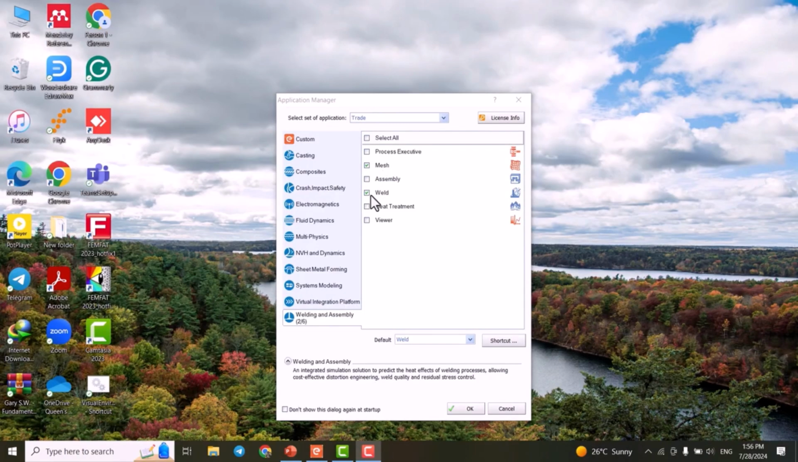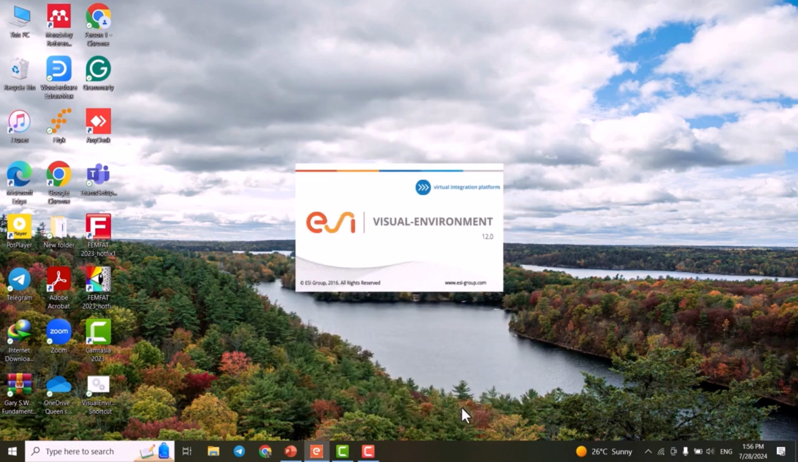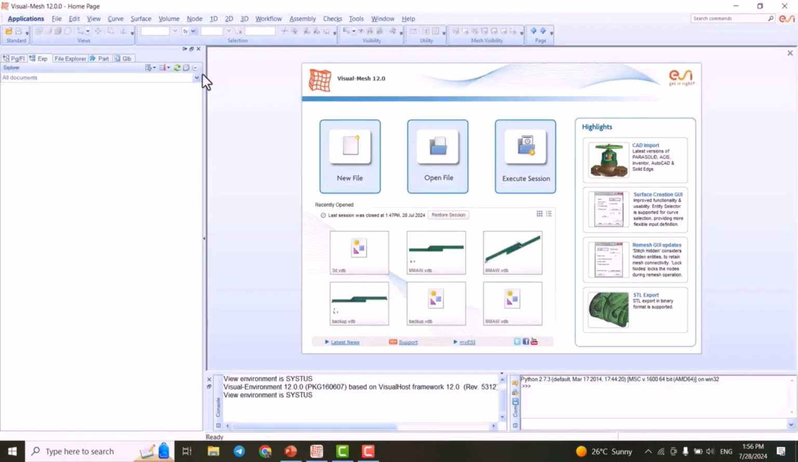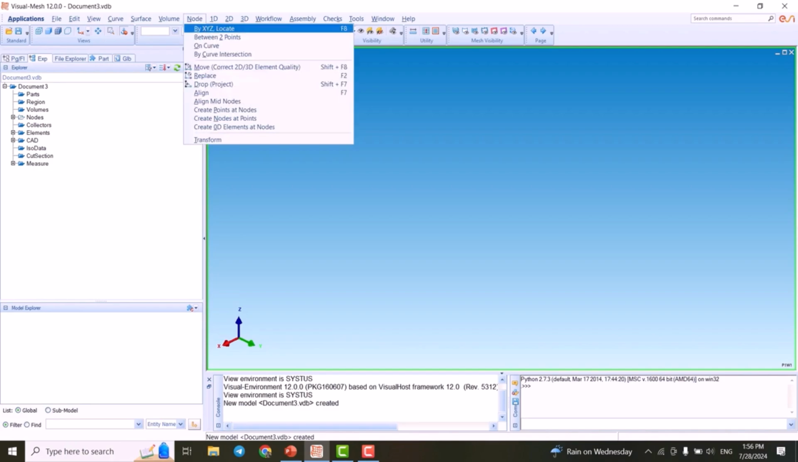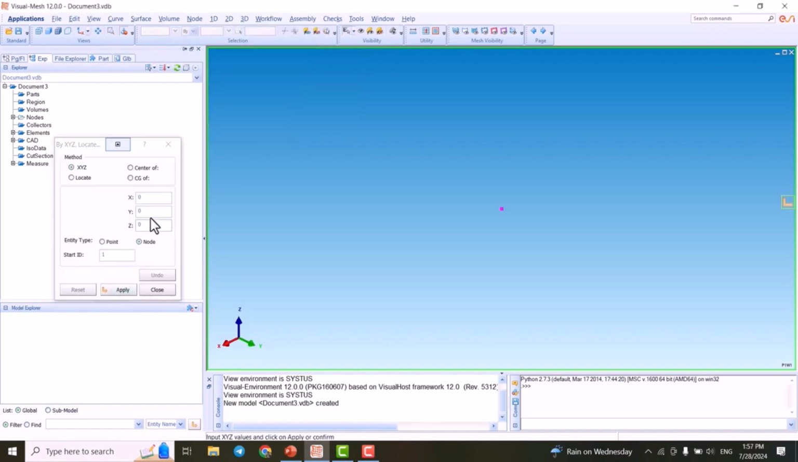Alright guys, now we're going to create our model in Visual Mesh, so click OK. Here it is, the Visual Mesh. We click on New File and create our coordinates. As always, we go for Node and create by XYZ locate. First coordinate is X0, Z0, which is the first one, and we're going to have the